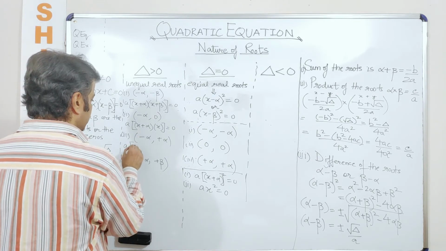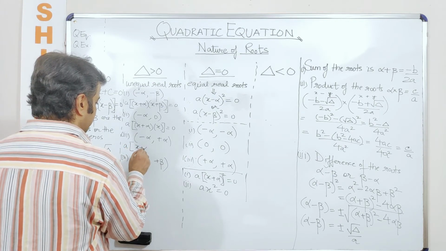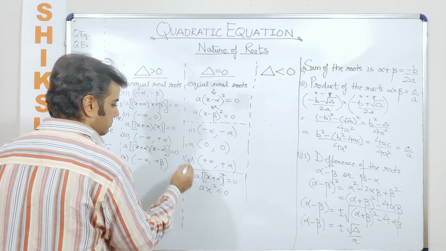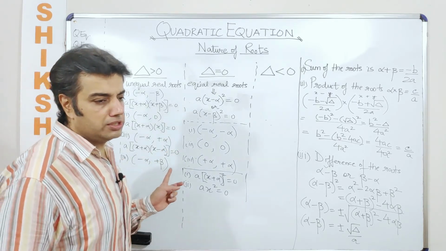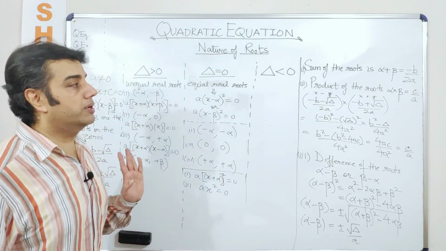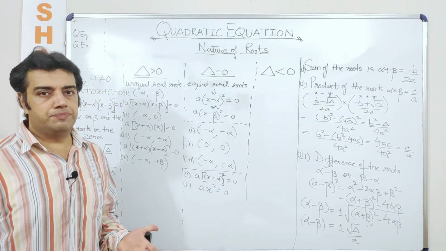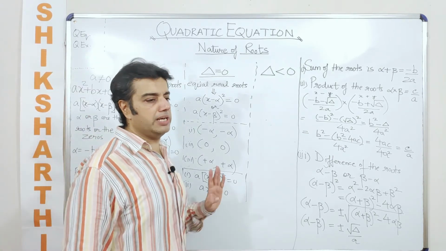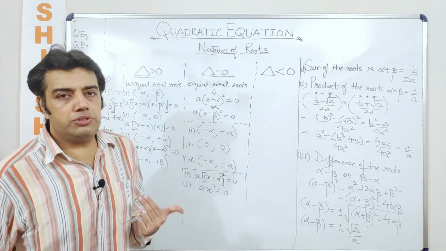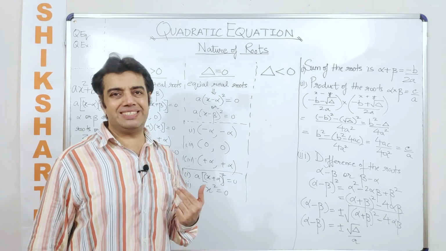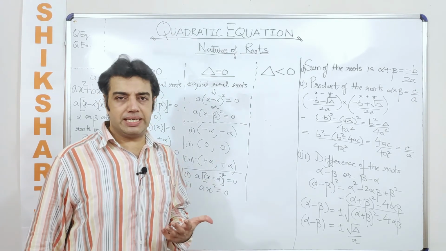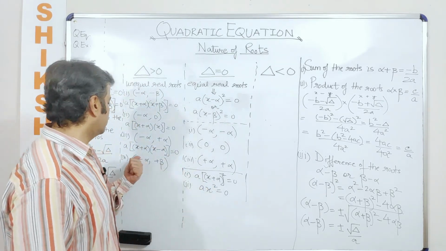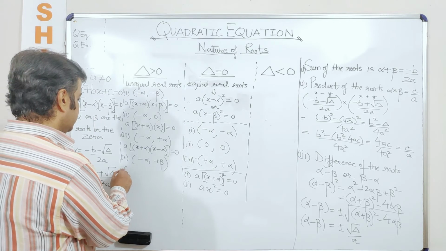So how do I write down the equation? The equation here is x plus alpha into x minus alpha is equal to 0. So what kind of a quadratic expression is this? This is a kind of a quadratic expression that we had not talked about. We had talked about three categories: ax square plus bx plus c, ax square plus bx, and ax square. We didn't talk about ax square plus c, which is what we are talking about now.